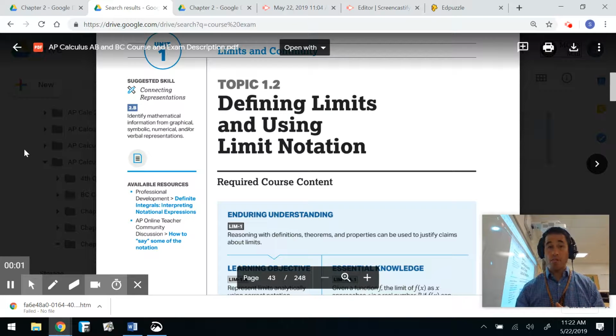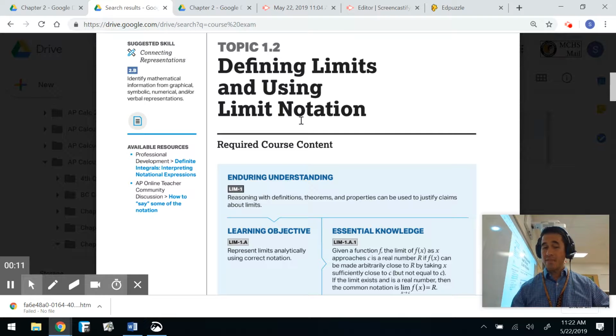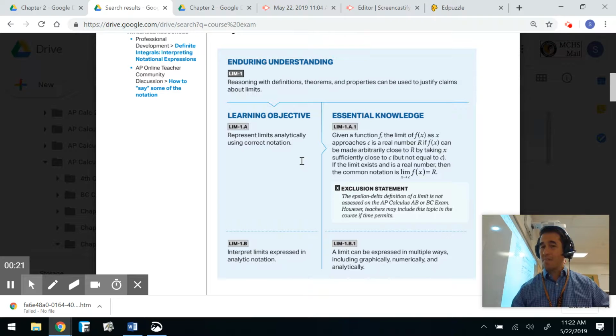Okay, as we get into 2.1, we're going to deal with some AP calculus topics here. Topic 1.2, defining limits and using limit notation. In terms of understanding, reasoning with definitions, theorems, and properties can be used to justify claims about limits. In terms of our objective, represent limits analytically using correct notation. Remember, you can always hit pause, look at those essential knowledge statements to get an even deeper understanding of